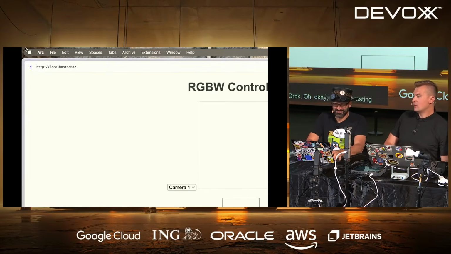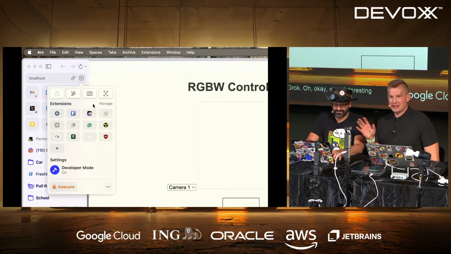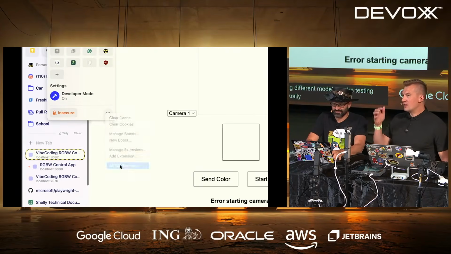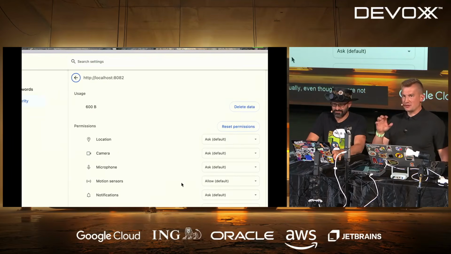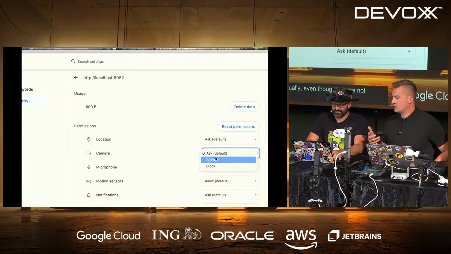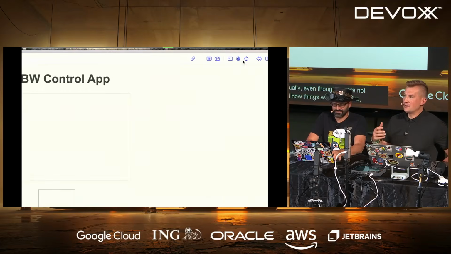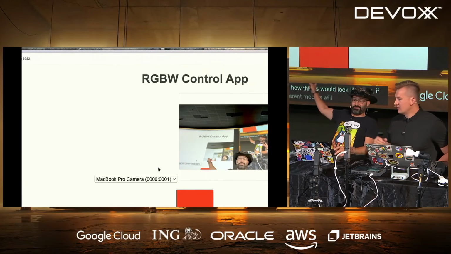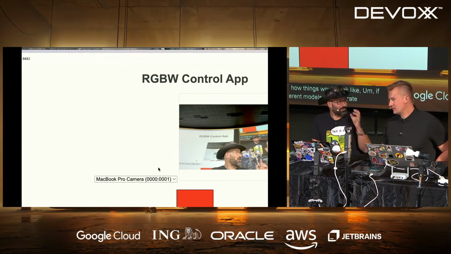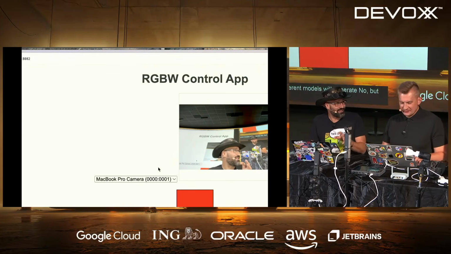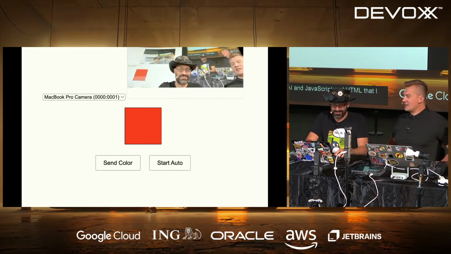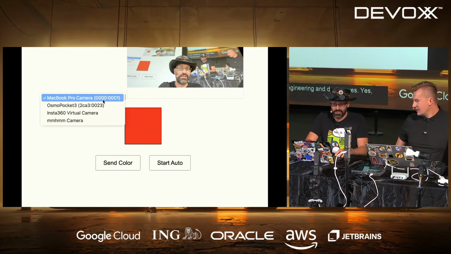Interesting enough, when we're testing different models, we're testing different versions of applications, and usually, even though we are not specifying specific UI elements and how things would look, there's a little bit of consistency in how different models generate the result. But Grok feels like me. That's exactly the level of AI and JavaScript and HTML that I do. Yes, the design is very much me. Okay.